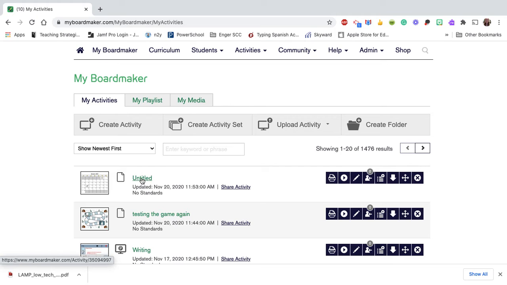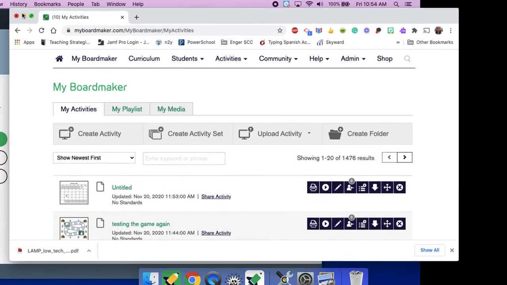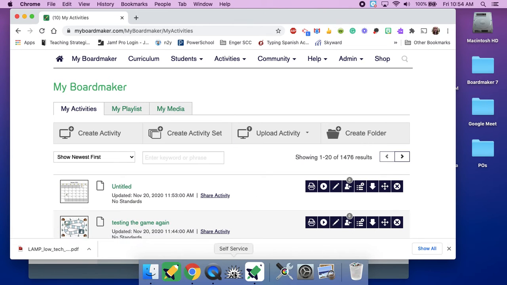Option 3 is that you might not have the most recent version of Boardmaker. Basically, if you recall, on the launch day, we had to go and we had to reinstall it because they were realizing that their pre-release version wasn't working correctly. So if you haven't yet installed the most recent version of Boardmaker 7, that could be what is causing your issues with the syncing. So just as a refresher, you can go into the self-service,